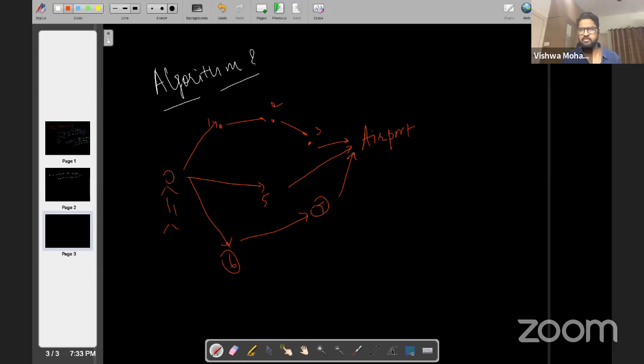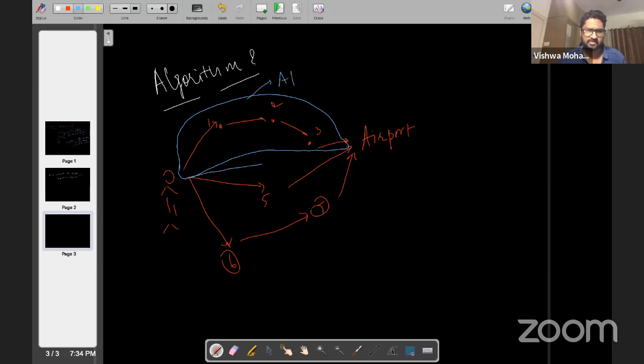So from your house, for example, if you're staying in Bangalore, going to the airport, there will be different ways, different permutations and combinations of the roads through which you can go, right? So each of these permutations of a combination, for example, this way, right? Suppose you put that on Google Maps, and Google Maps says that this is one of the possible ways to go to the airport. So this way, that you first go to step 1, then step 2, then step 3, and then you finally go to the airport, will be one algorithm, right? So this is one algorithm.